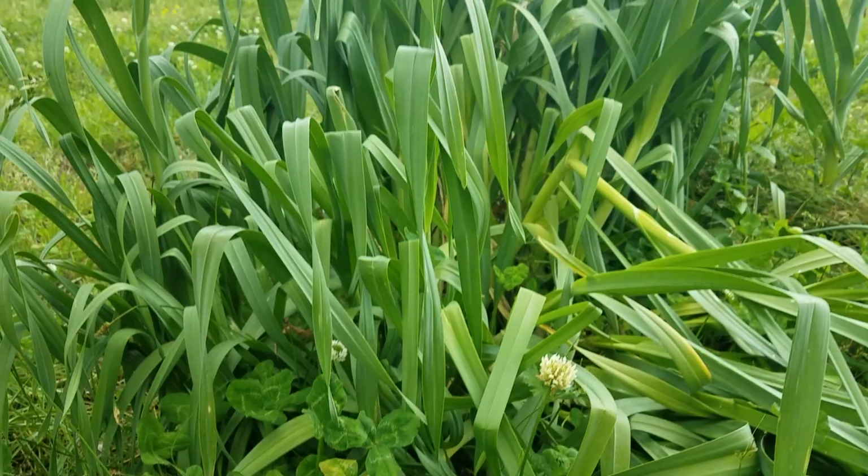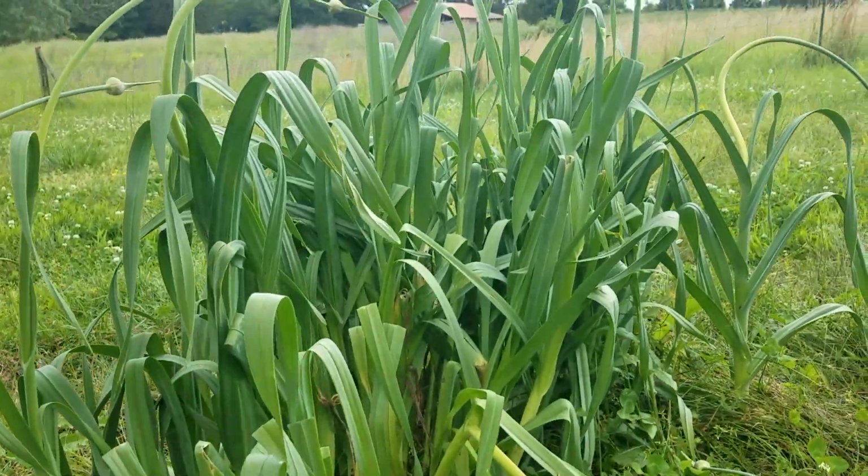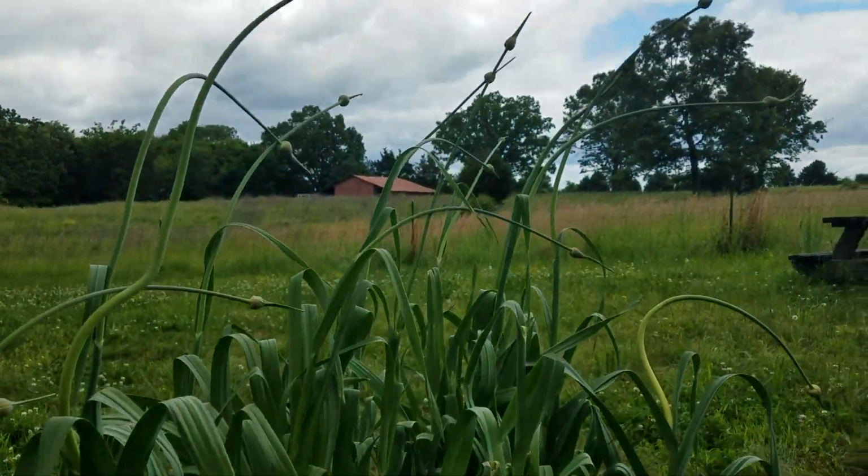We have a couple of clumps of elephant garlic growing in our yard here. And I've already moved a whole bunch of that stuff, almost 200 plants, out to the food forest. So we have a whole bunch of elephant garlic. And some of the stuff that we have up here by the house has begun to shoot up as little